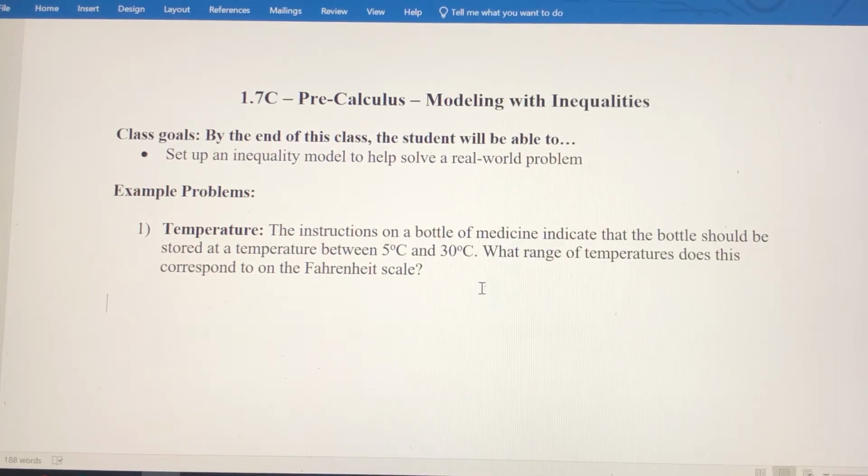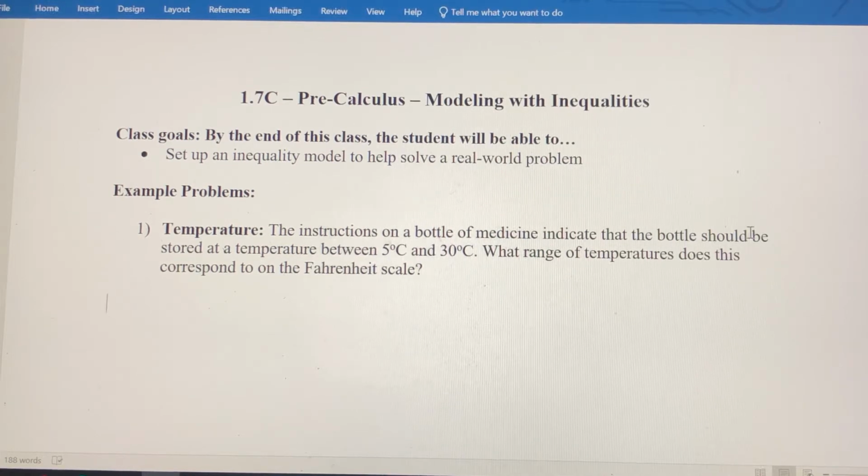All right, guys, in this video, we're going to model with linear inequalities, okay? This one's going to be linear. In the next video, we'll do one that's non-linear, where we're working a word problem, a real-world situation, modeling, whatever you want to call it, okay? So in problem one here, which is the only one we're going to do in this video,